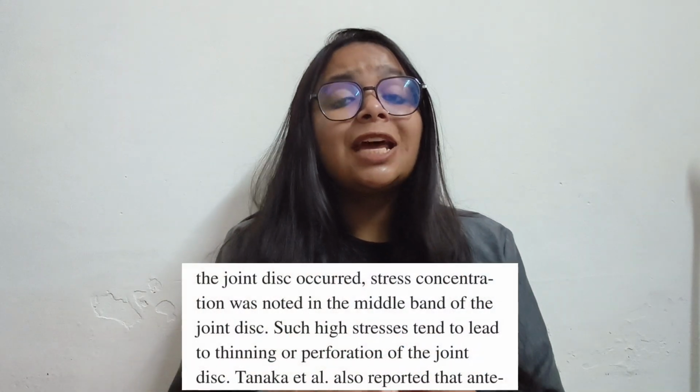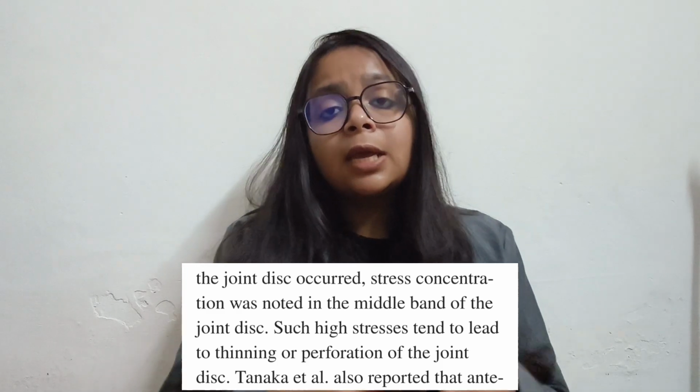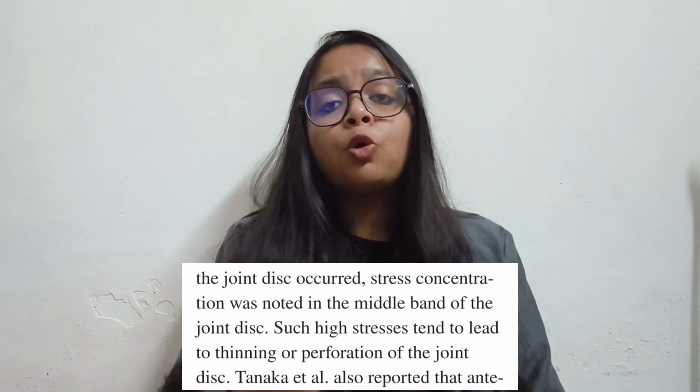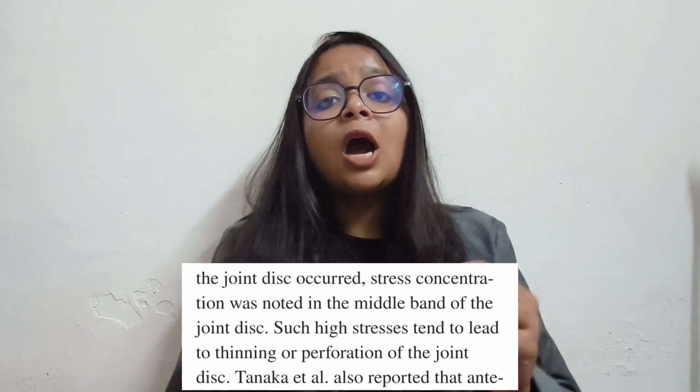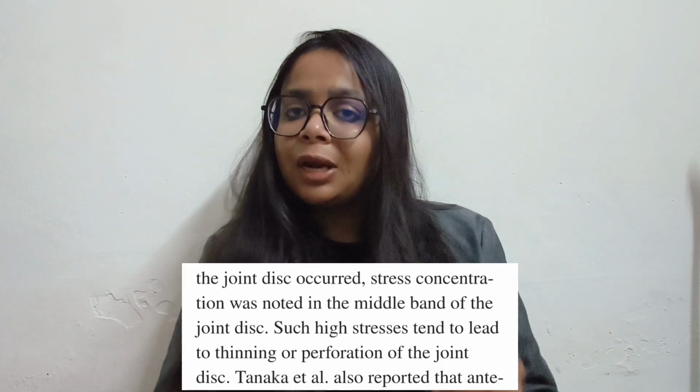So moving further onto the function of the disc, as we all know, the articular disc has a role in optimal distribution of force, or transferring the load equally to all the joint surfaces. The same is the case with the articular disc of the TMJ. Moving on to one study that concluded that the posterior and middle portion of the TMJ disc is more prone to injuries or degeneration because of the higher force distribution in these areas when the movement of chewing and grinding takes place.